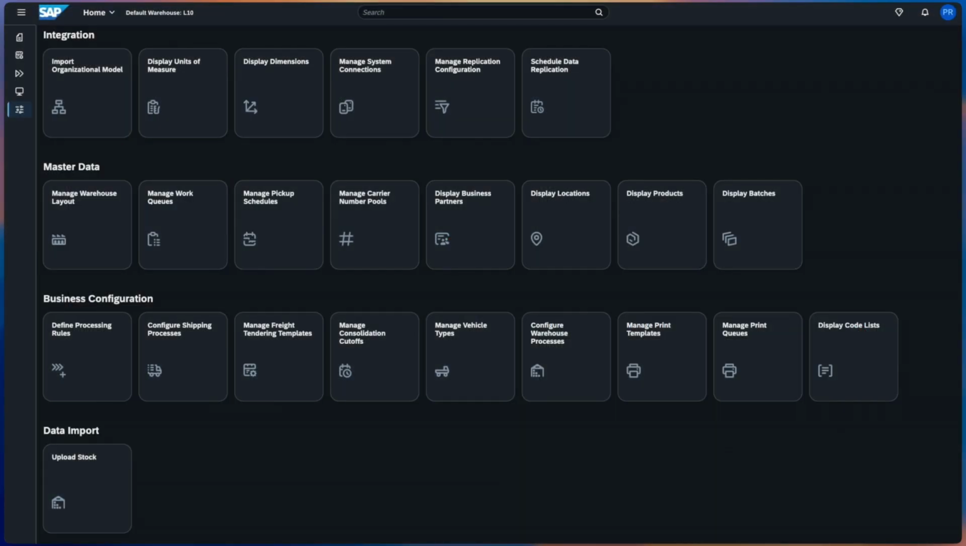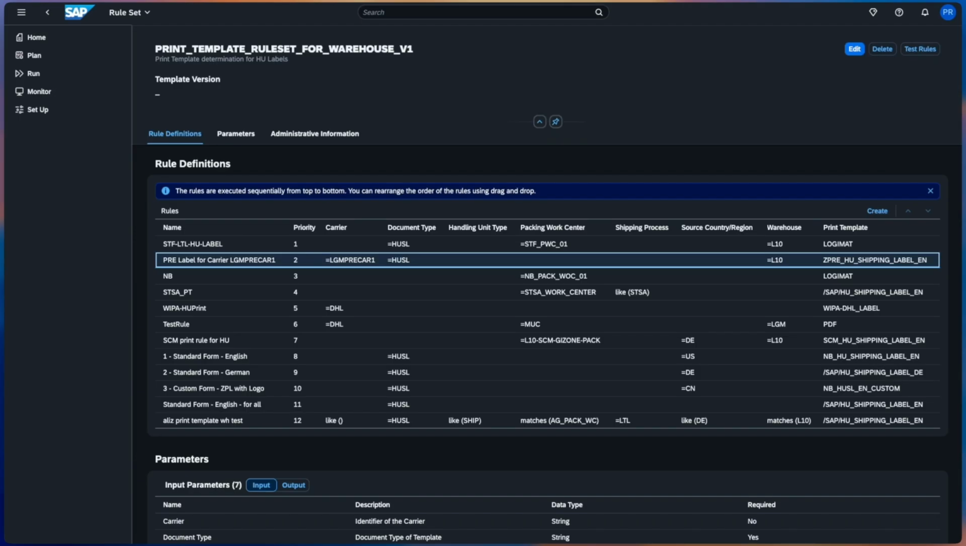Before we dive into Adobe Livecycle Manager and see how we customize this form from a technical point of view, let's start off by looking at SAP Logistics Management itself and see what we are working with. So the first thing that I want to highlight is that we are here in the print template rule set for warehouse, which is, if you like, a decision table that is going to, at runtime, allow the system to determine what is the label that it should be spitting out that we should then be affixing on the parcel